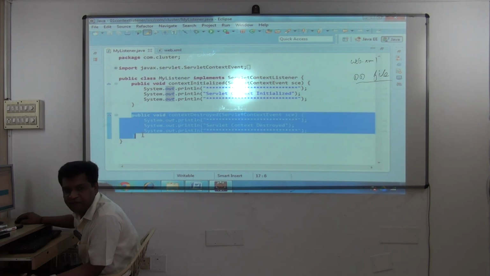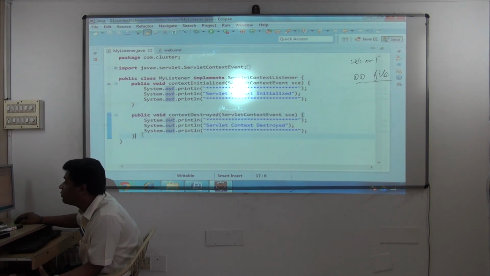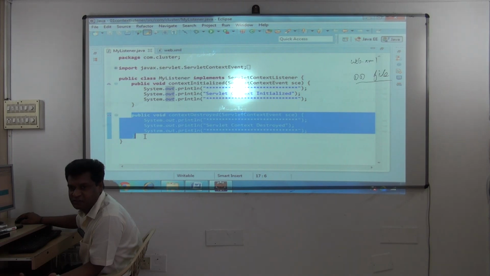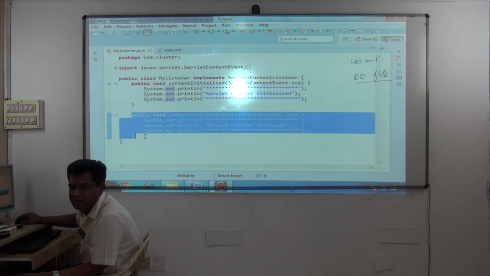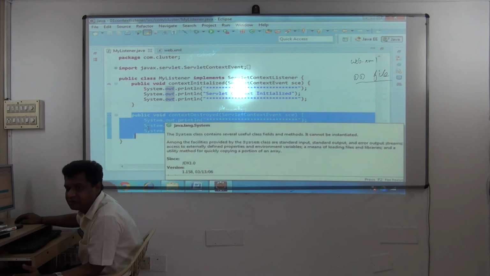When does the context object get created? When the server starts, or when you deploy the application to the server, and when the server starts, automatically it will get executed. Now when does the context object get destroyed? When the server shuts down. Till the server is running, the context object is alive and you can use it. But once the server is shut down, it will be destroyed.